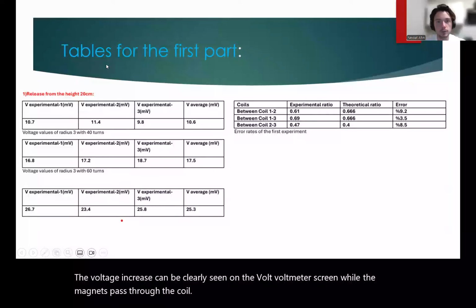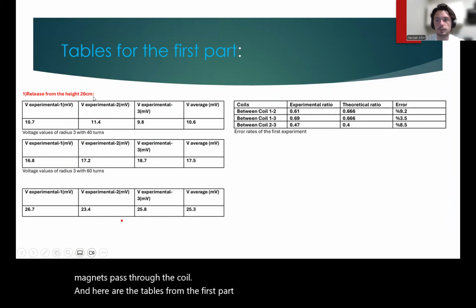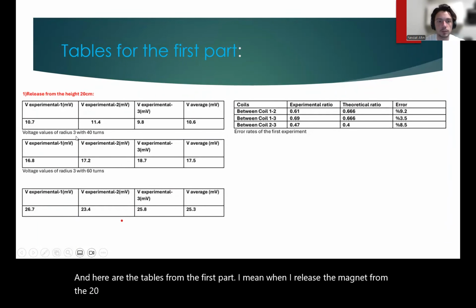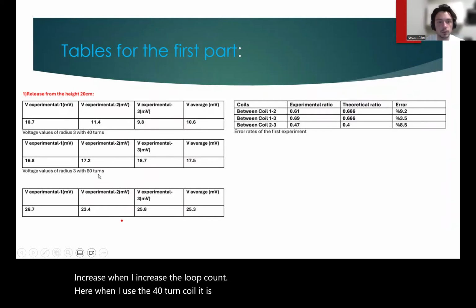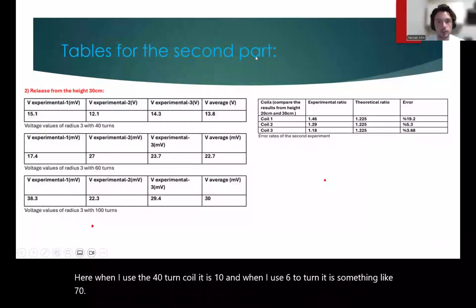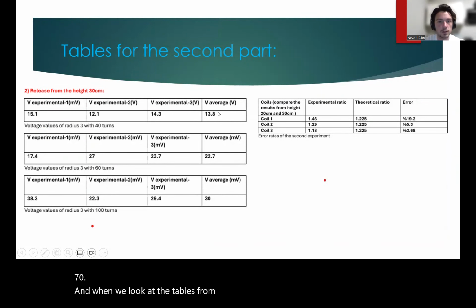And here are the tables from the first part, I mean, when I release the magnet from 20 centimeters. It can also be seen on the screen that the average voltage increases when I increase the loop count. Here, when I use the 40 turn coil, it is 10, and when I use 60 turns, it is something like 70. And when we look at the tables from the 30 centimeters part, the average voltage also increased because